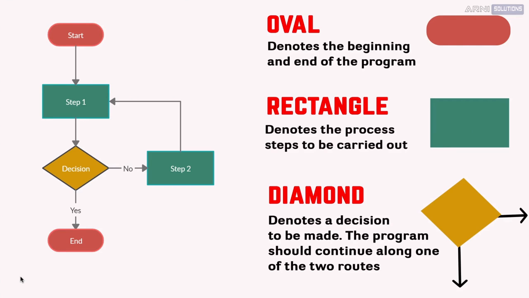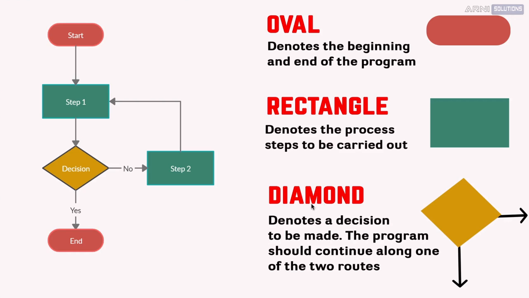So this is how a simple flowchart looks like. In this, we have this oval shape. This denotes the start and end of the program. Next is this rectangle, which will be used the most. It denotes the process steps to be carried out. So, any process you do in your program like addition, subtraction or swapping of numbers, changing values, all are written